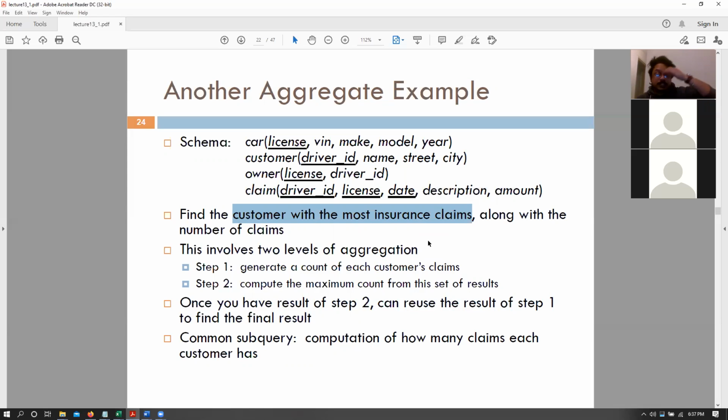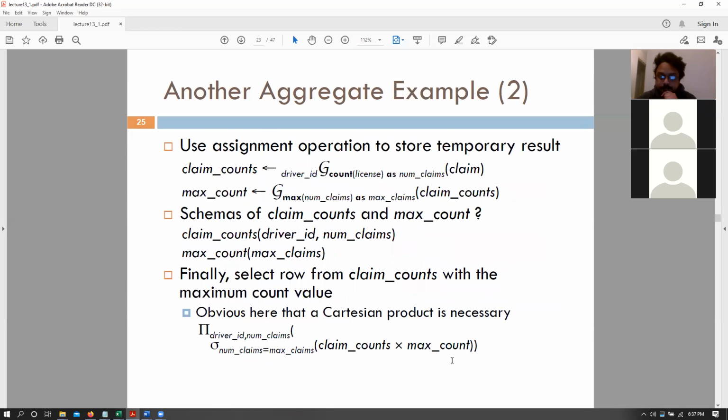We need to have two separate queries, or a sub query or a view, for example, to generate the intermediate result of the count first, and then use that result to find the maximum. So essentially that is what we can do. So we can have a query that basically